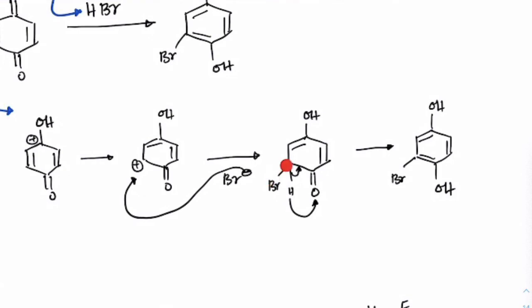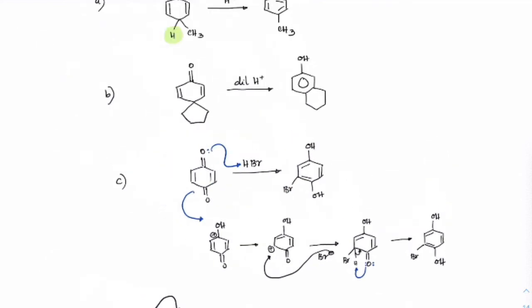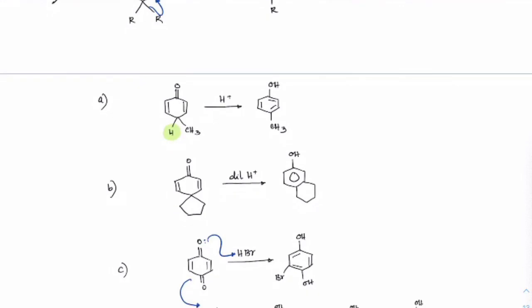Now once you get Br minus, hydrogen is present which can retain the aromaticity, so the hydrogen bond will break and the lone pair from this oxygen will take away that H plus. Got it? And aromaticity is retained here. So you can see that bromine will get substituted at the meta position with respect to this OH. These are few cases you need to be careful about while solving the questions. In case any other cases you come across, just give me